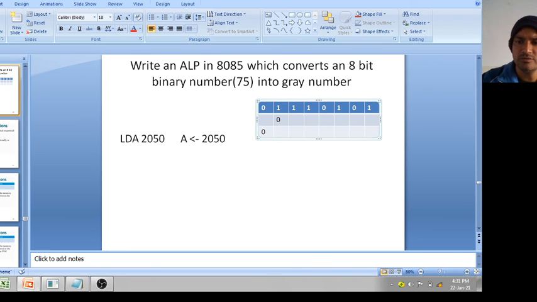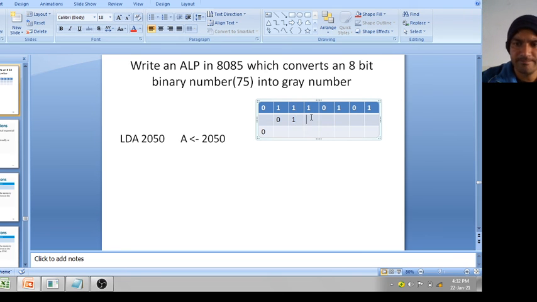Right shift, just copy from here to here. Only this 0 is shifted here. Now this one will come here, right shift by 1.